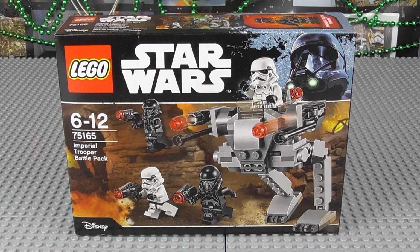The Death Troopers are a great addition to this set. I'm so glad LEGO decided to put in a battle pack. I didn't think they would. Last year, before we got the pictures and the set names and stuff, I really didn't think they would be in that many sets or that many cheap sets. If we did see another set, it would be a very expensive set. Because if you're unaware, Krennic's Shuttle last year was the only set to have Death Troopers. And while those ones did have the pauldrons, which is expected, of course,